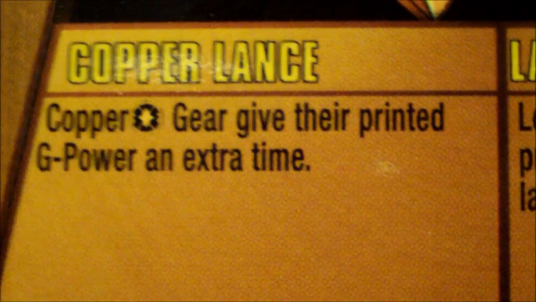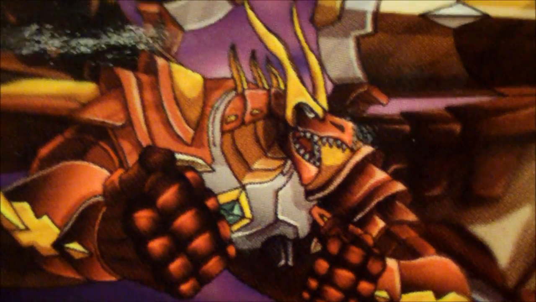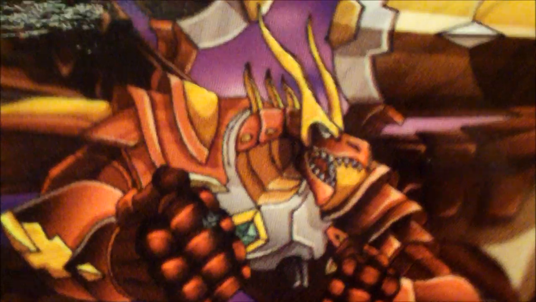The gate card, I forgot to do this in our Ram doll, but it should be a Series E. Let's see if I can get it zoomed in right. So this is card number 17 out of 47E, which is Wave 5. That's what we're looking for. And this card is called Copper Lance. Copper gear give their printed G-Power an extra time. And it looks like we've got artwork there of, gosh, I think that looks like Blitz Drago with all that